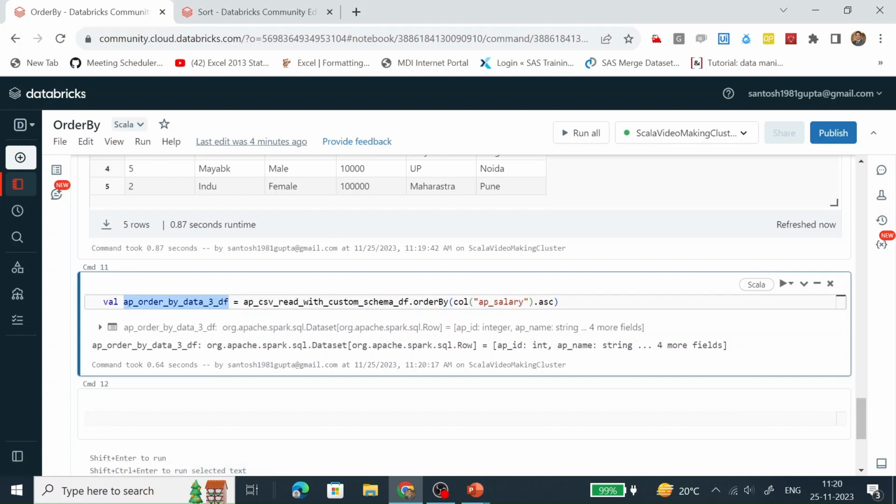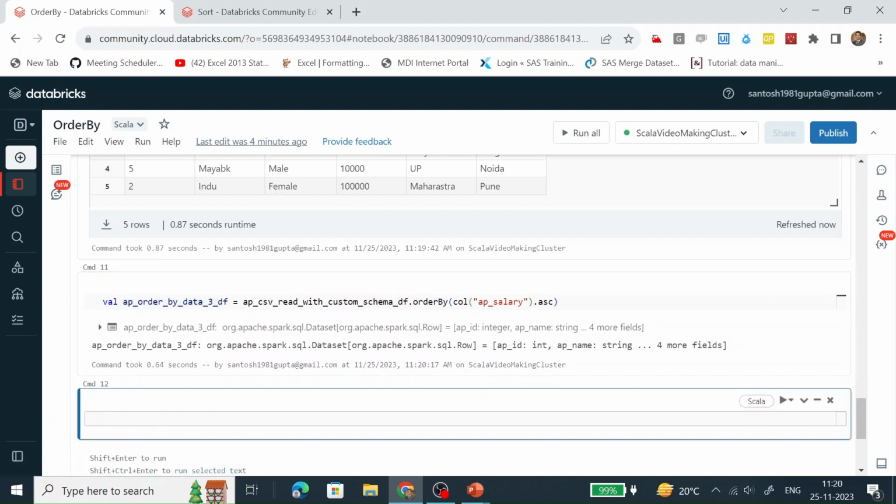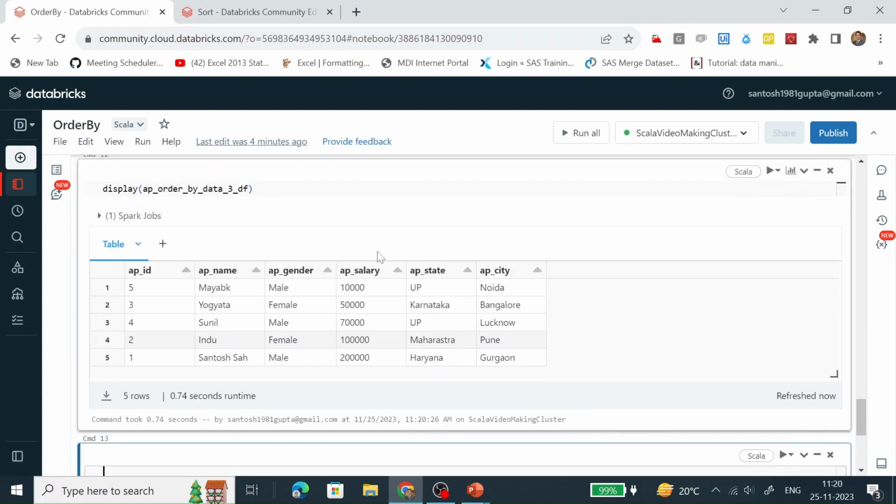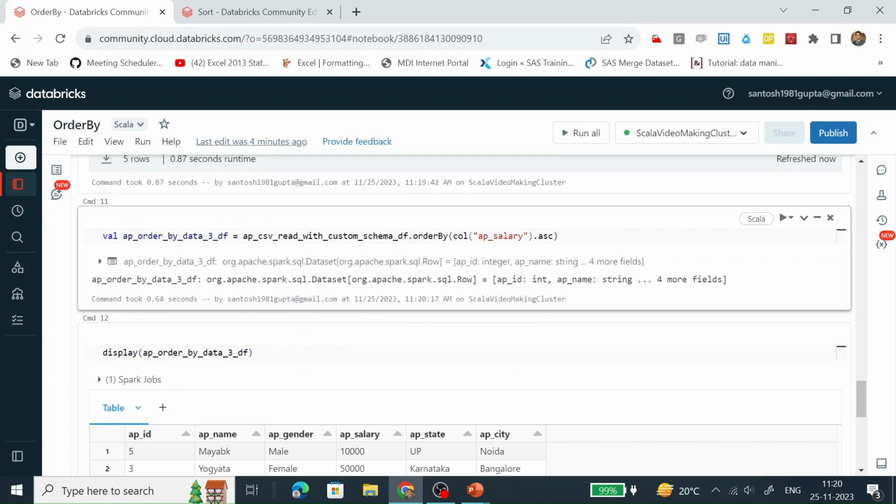Now let's display this data frame. This AP salary is ordered in ascending order. That's why the lowest value is coming at the top and the highest value is coming at the last.